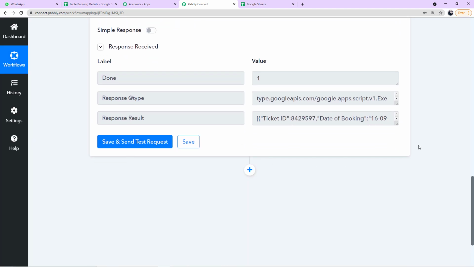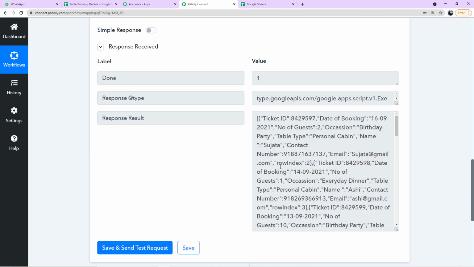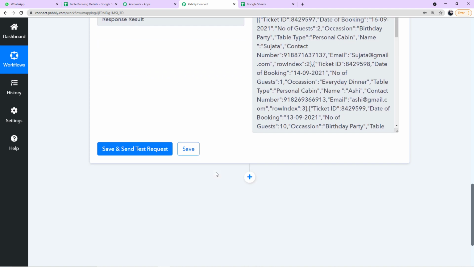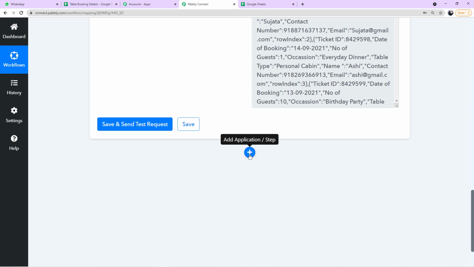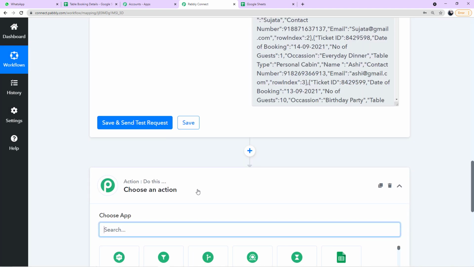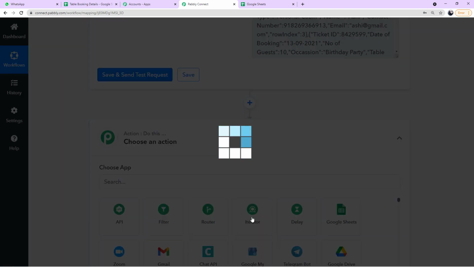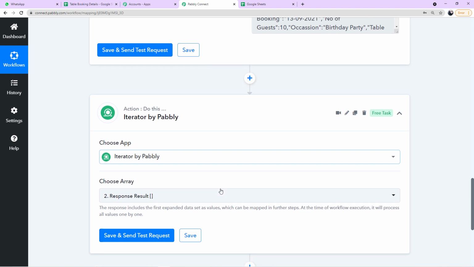And you can see the data is captured here in this format. This is called the array of data format. So we have gathered the data in this array form. After this, you have to click on this plus icon. And now from choose app, choose the application as Iterator. This is called Iterator by Pabbly.